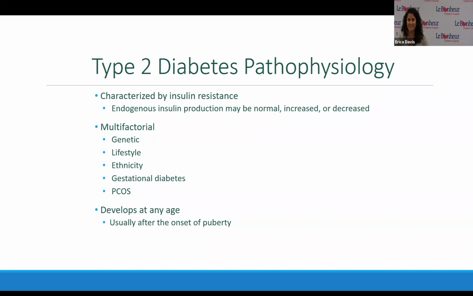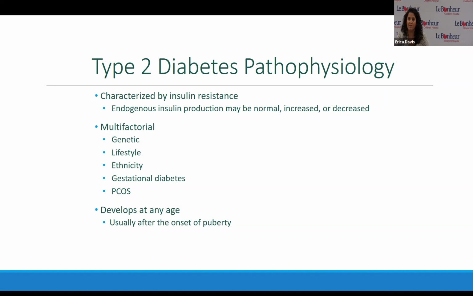Type 2 is very different. If you get diagnosed with type 2 diabetes, I would be very surprised if you did not have any other family members with it. You're probably going to see aunts, uncles, siblings, parents that have type 2 diabetes. We do still want to think about lifestyle, whereas we used to think that type 2 diabetes was completely a lifestyle illness. We do know that it still plays a role, even though we have seen the role of genetics increase in how we see type 2 diabetes happen in our population.